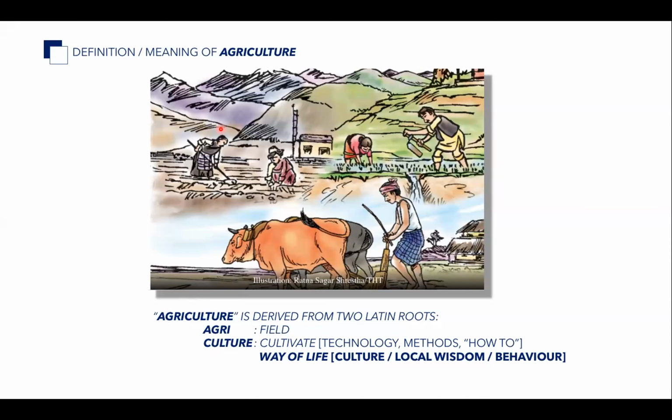So we talk about technology, methods, how to fertilize, how to do soil tillage, how to harvest, something like that. And the second meaning of culture is way of life, or local wisdom, or community or society behavior. So if we talk about agriculture or biosystems, we talk about culture, we talk about local wisdom,